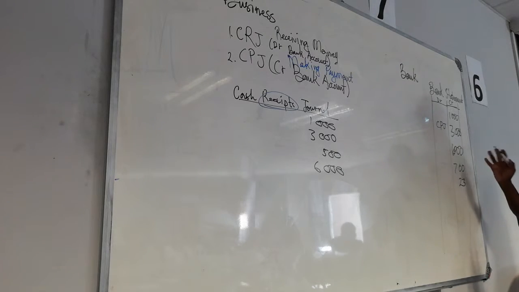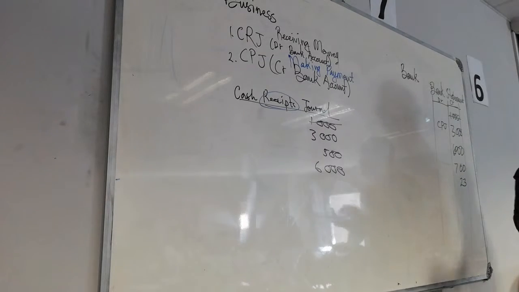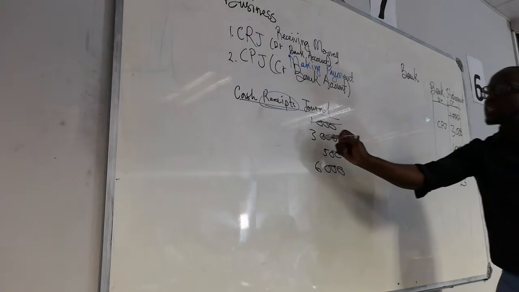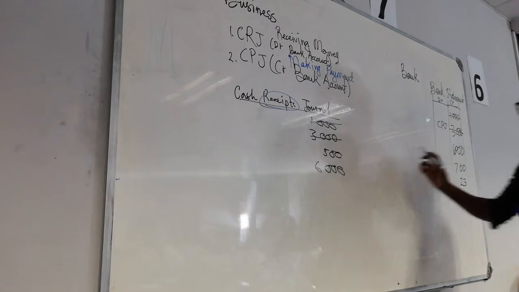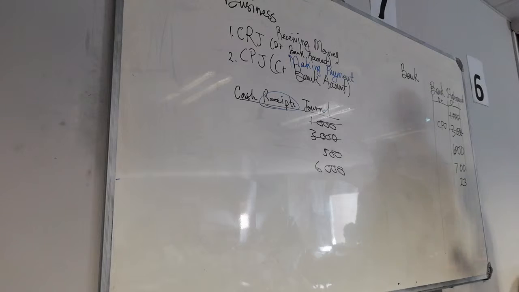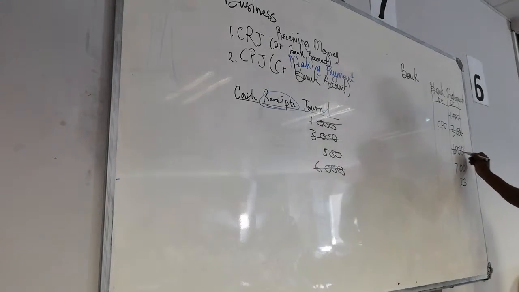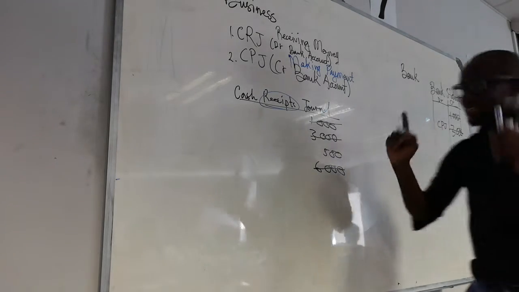When we compare, what are we going to do? We see 1,000 here, we see 1,000 here. We cancel them. They're similar. There's nothing you can do about them. Are we together? Then we go and say, do they have 3,000? Yes, they do. We cancel it. Do they have 500? No, they don't. Okay. Let's say, do they have 6,000? Yes, they do. Okay, so there is a first set of our differences.